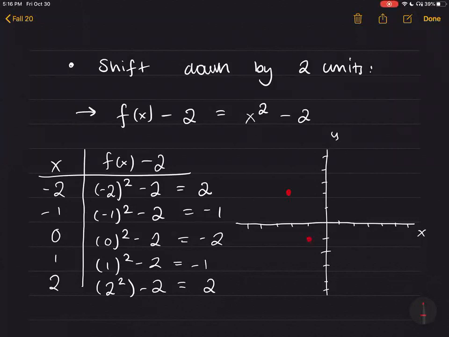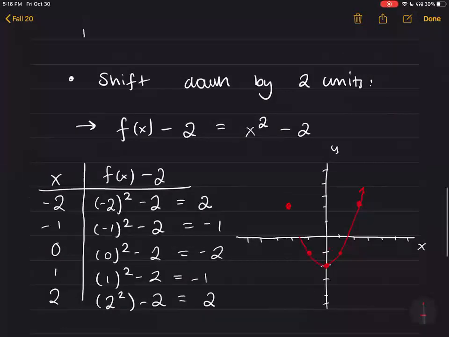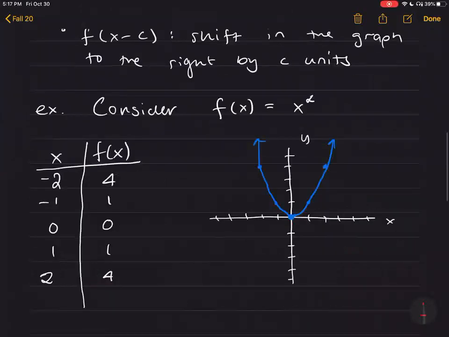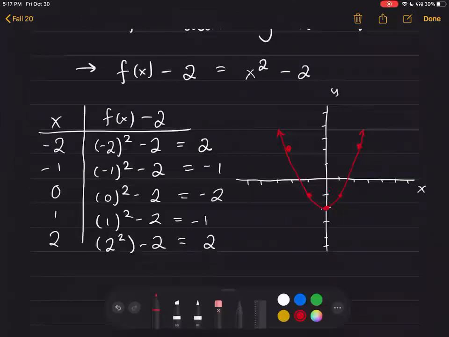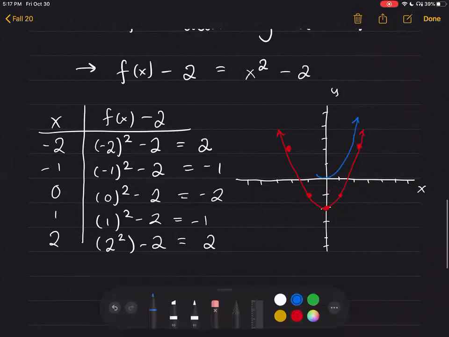So that will be here, then 0, -2, and then kind of the same thing on the other side like this, and then connect them with our lines. And we see that we actually do have something shifted down by 2 units. So this is our original graph. And then if you imagine that you just move it down by 2 units, we get our thing. Because if you draw our blue parabola here, it is indeed shifted down